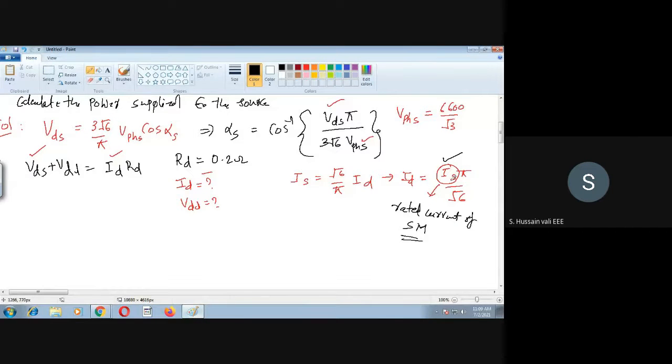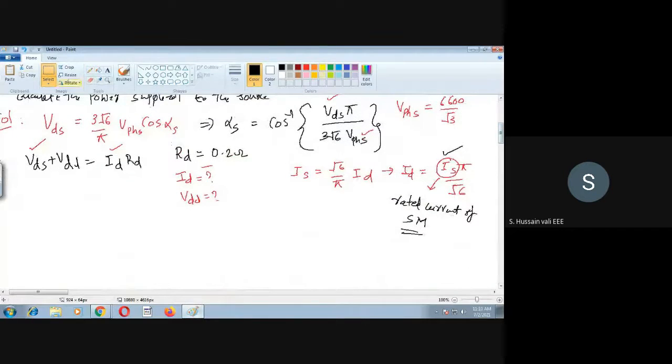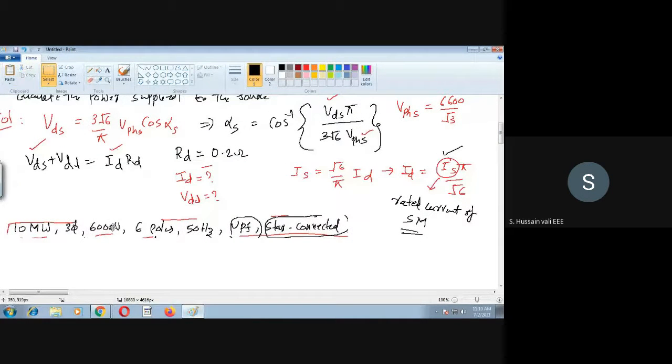Now to find out ID, I need to find out the rated current of the synchronous motor. How can I find it? It can be found out by knowing the rated values of the synchronous motor. That is the only logic left now. So we will copy these rated values. We have got a clue here that we need rated values to understand this. Now you see, rated power he has given, rated voltage he has given. Then what else do we require here? Now, first of all, power is given, voltage is given, then you can easily find out the current.